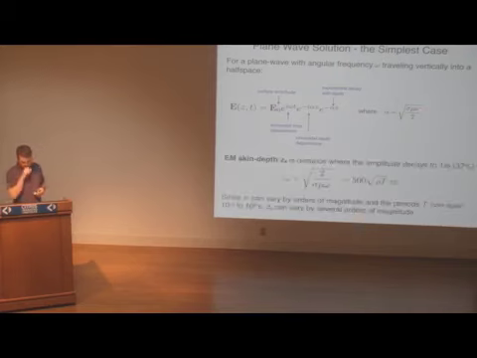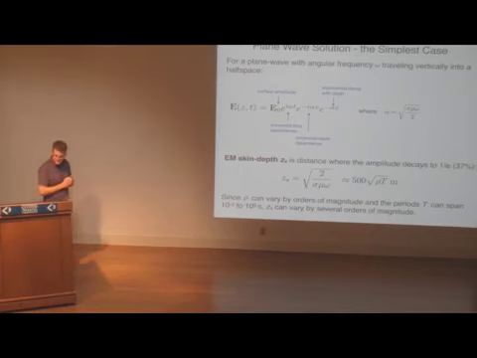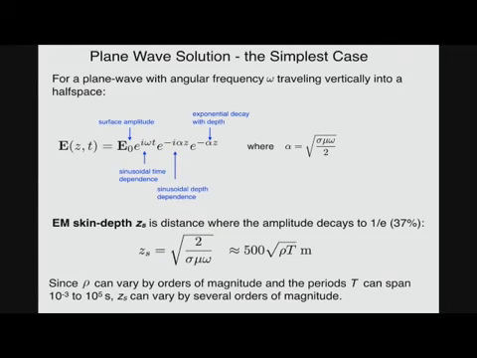So one other really important concept for understanding EM is something known as the skin depth, Z_S. And that's simply the depth Z, where Z is equal to 1 over alpha. And so this amplitude decay will equal 1 over e, or basically saying that the field decays to 37% of its initial value. And if you just go through and plug this in and then expand these variables out,